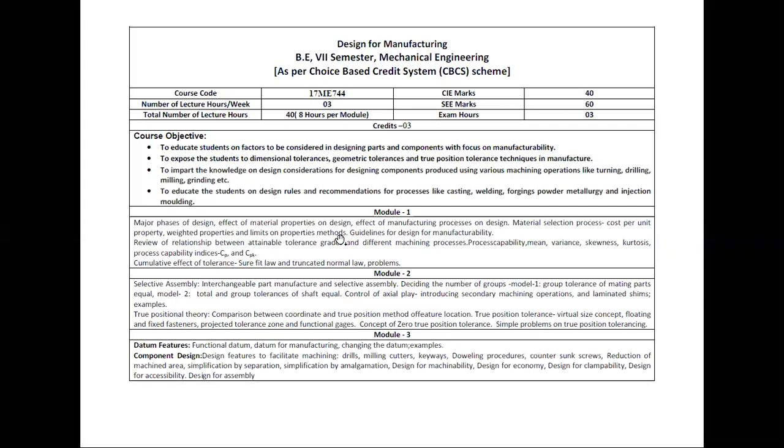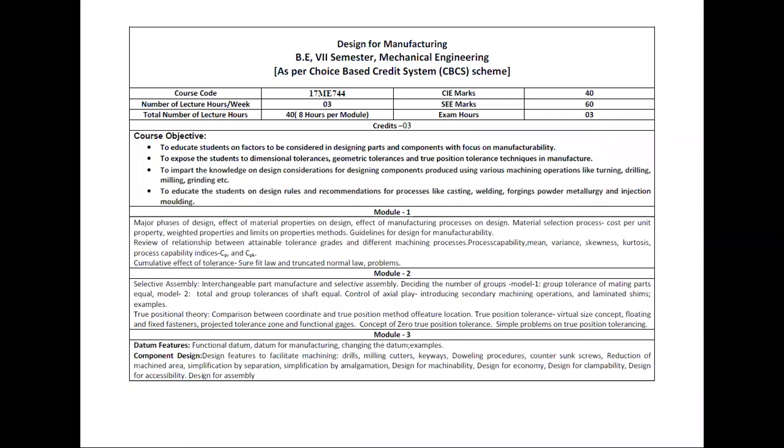And in this module at the end, we'll study the cumulative effect of tolerance. What is the cumulative effect of tolerance? For that, we'll study the sure fit law and truncated normal law, and we'll solve problems on this which are related to tolerance.